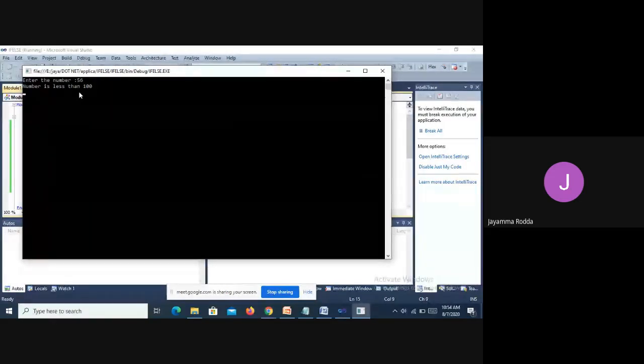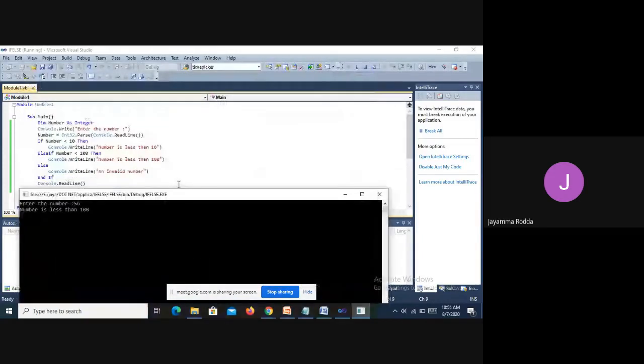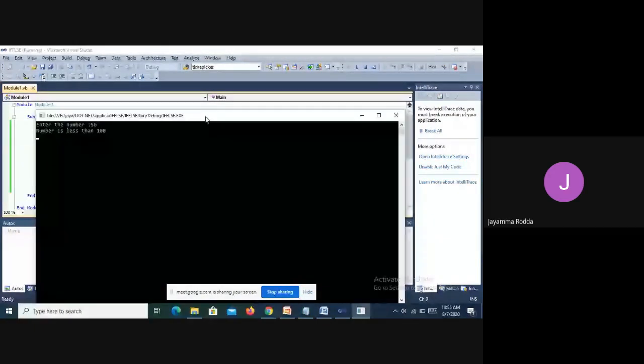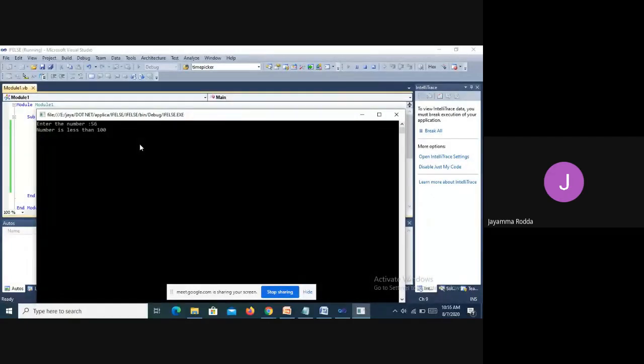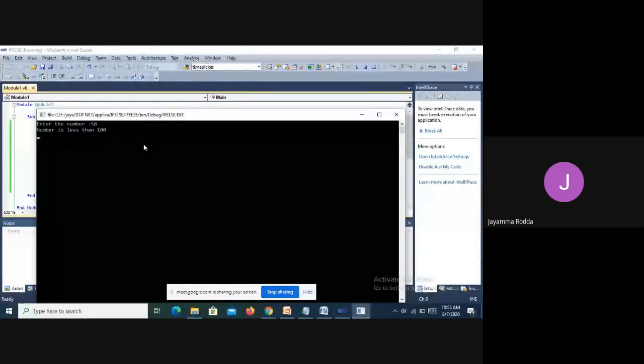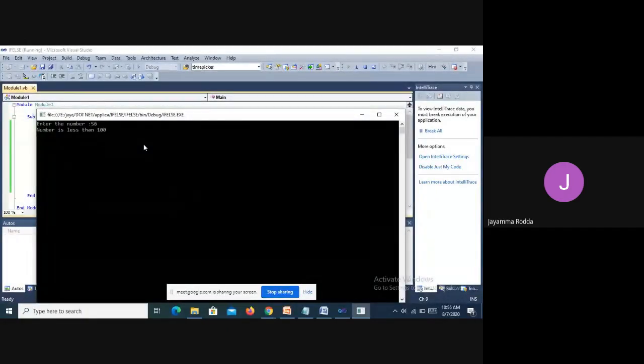So this Console.ReadLine that we have used here, what is it doing? The Console.ReadLine method is making you able to see the particular screen. Without this Console.ReadLine, the user will not be able to see the output.